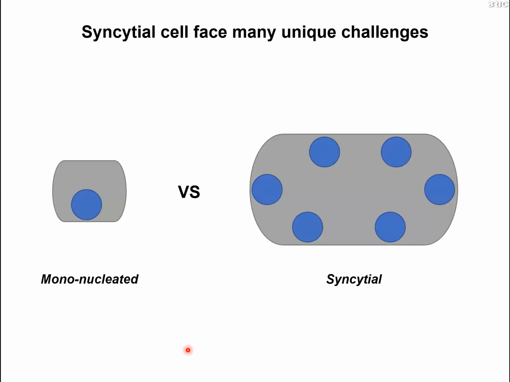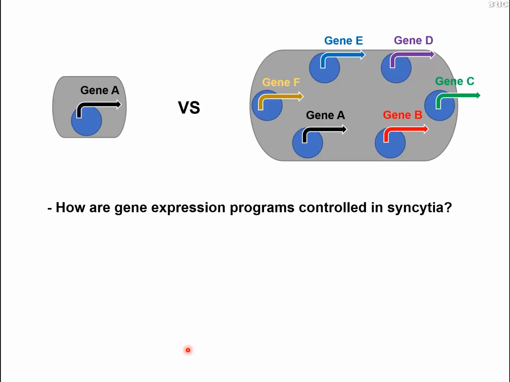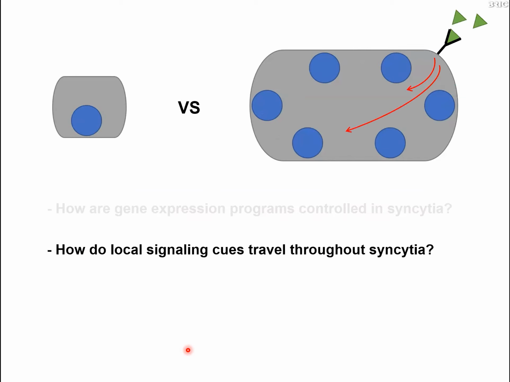So coming back to the comparison of mononuclear cells and syncytial cells, due to their unique cell anatomy, these syncytial cells face a number of challenges that regular mononuclear cells never have to deal with. For example, unlike the mononuclear cells, these syncytial cells have to regulate gene expression programs coming from many of their nuclei. The syncytial cells also have to really regulate how far